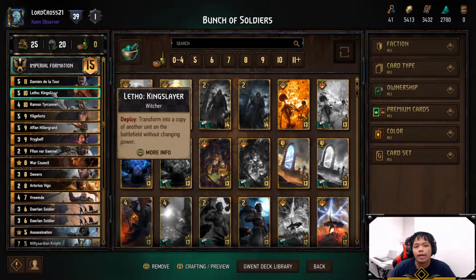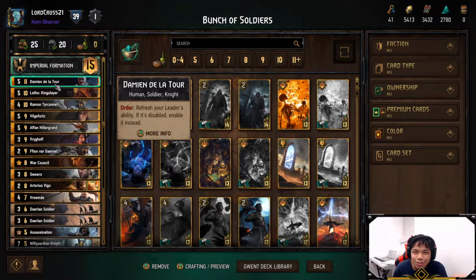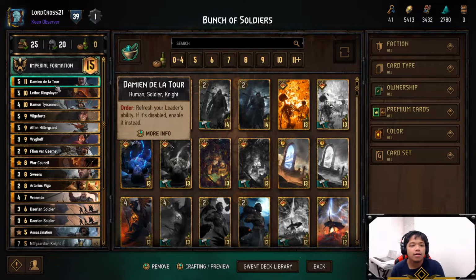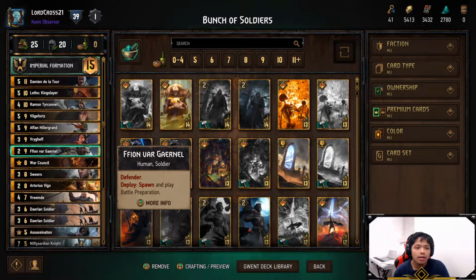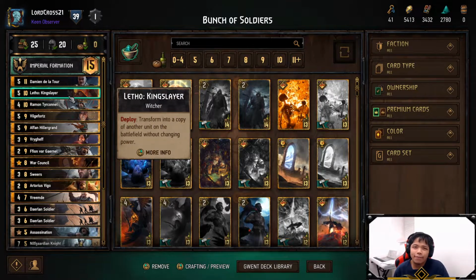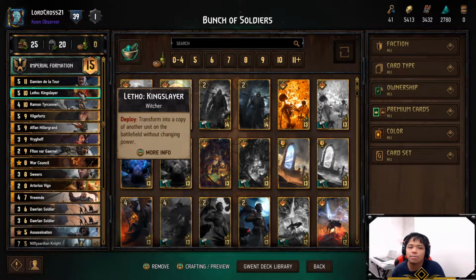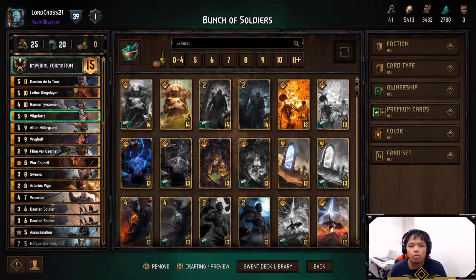Next, you've got Lethal Kingslayer. Lethal Kingslayer is good if you want to create extra engines. So again, if you want to make an extra Damien Delatour and get a tiny bit greedy, go right ahead. It can also be used to create yet another defender in Fion. It'll be a 5 power defender as opposed to a 7, because it will not get its ability. It just becomes a 5 power defender. I believe you get its 2 armor as well, because it is the...